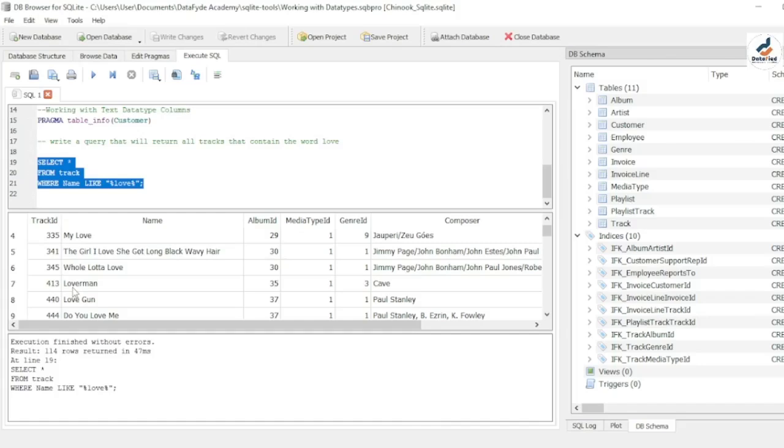So far, it is inside. We have "Do You Love Me?" He does not really care about what began the L-O-V-E or what ends the L-O-V-E. It's just that so far, the title name has L-O-V-E in it. So that's basically what this percentage sign means. It works with this syntax. Very beautiful syntax. So let's see one or two more examples and then